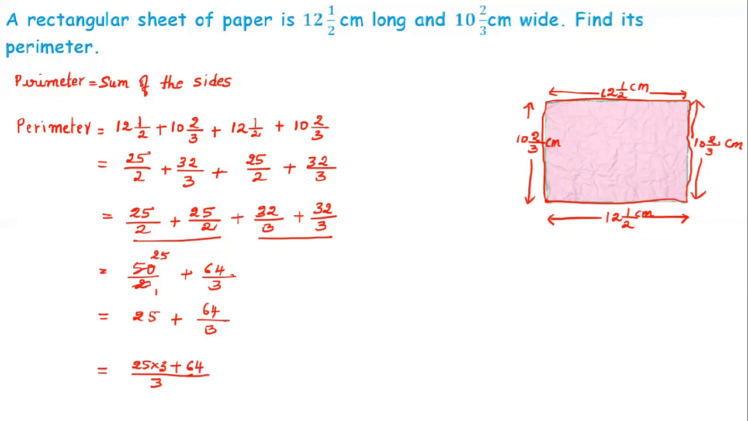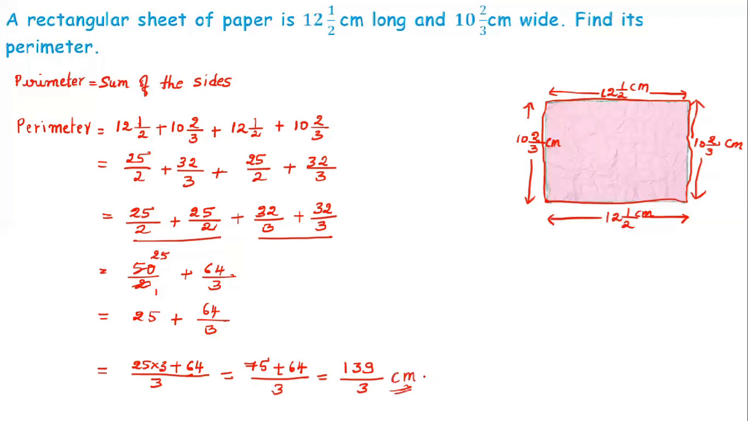While adding a whole number and a fraction, write the denominator as it is. Multiply the whole number with the denominator, 25 into 3 plus 64. This is the shortest way. Without finding LCM, we can do it like this. 25 3s are 75 plus 64/3. 5 plus 4 is 9, 7 plus 6 is 13. So 139/3. The perimeter of the rectangular sheet of paper is